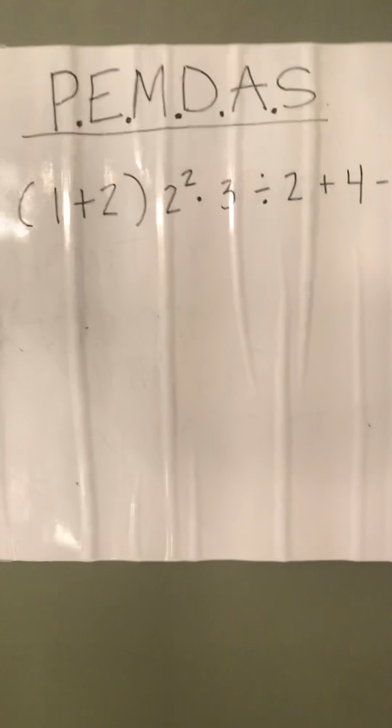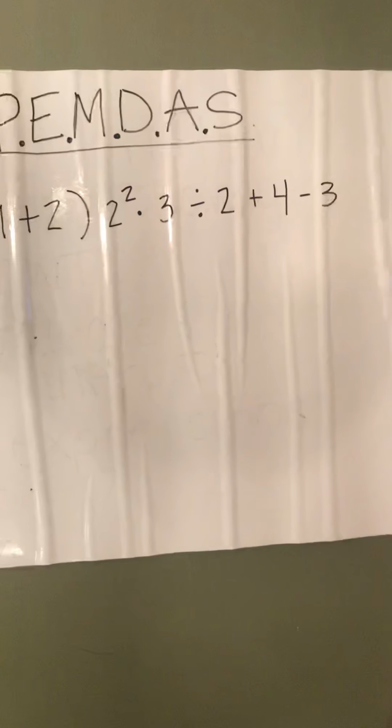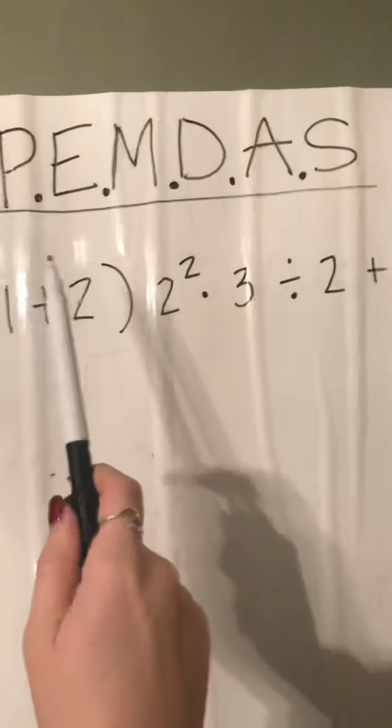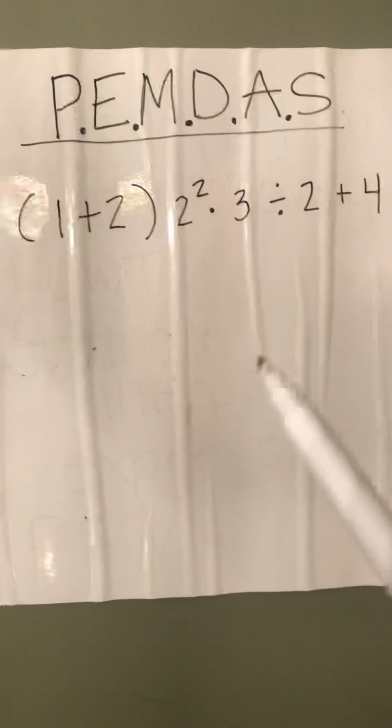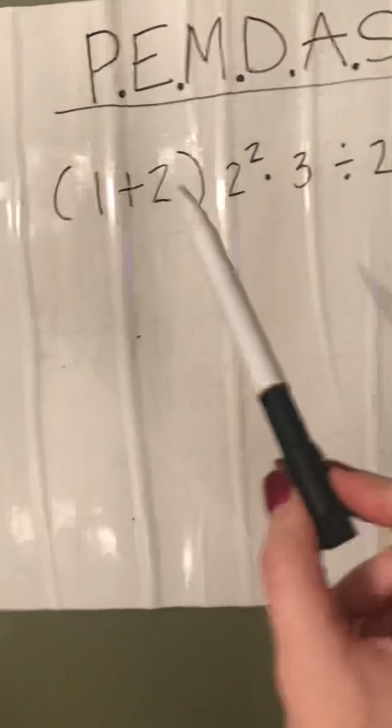Okay, class, now we're going to move on to our full lesson, and that's learning how to solve an equation using PEMDAS. So we're going to look at PEMDAS, and the first letter is P, and that stands for parentheses. So that means we're going to look at the equation as a full and solve anything in the equation that is bracketed with parentheses, whether it's at the beginning of the equation, the end, or the middle, or all three. Those are the first that you start with,